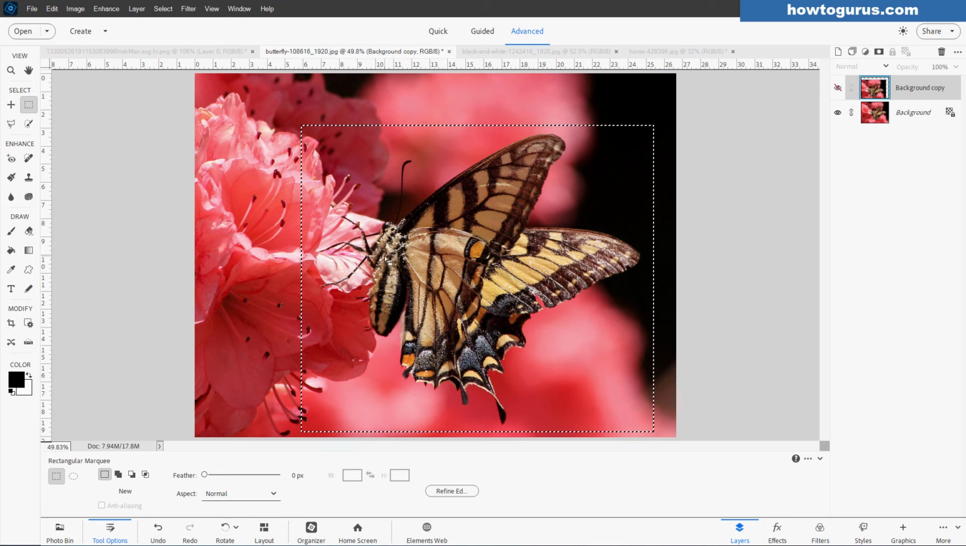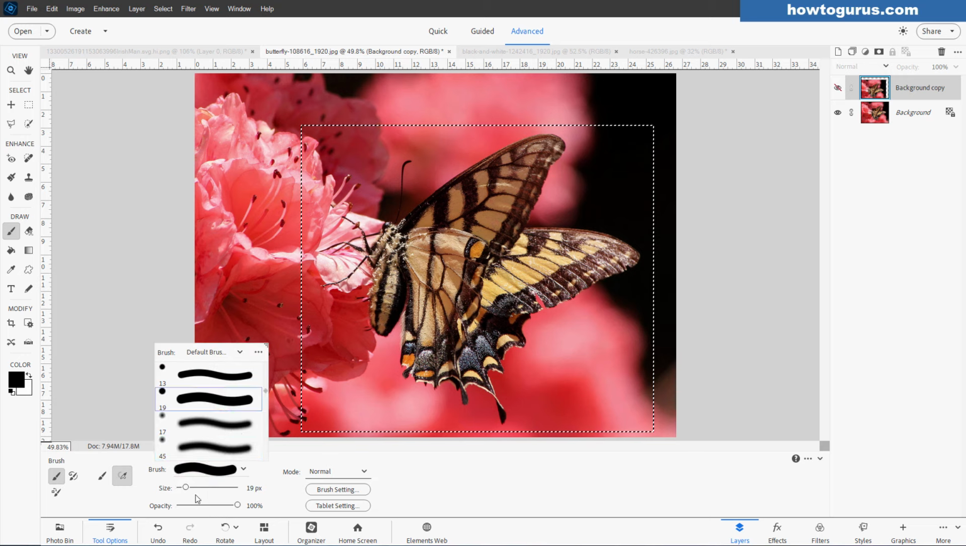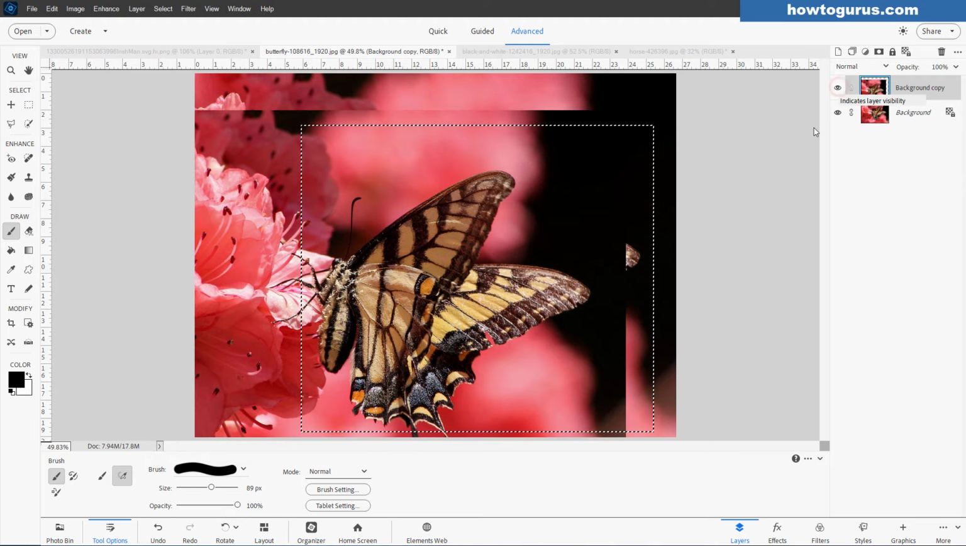Now the way selections work is that it protects the stuff that's not selected. So if I grab the paintbrush, I have black paint right now. It's a pretty small brush. Let me bring my brush size way up here. And let's make it a hard brush. And let's show our top layer. There we go. And then if I paint over this corner,